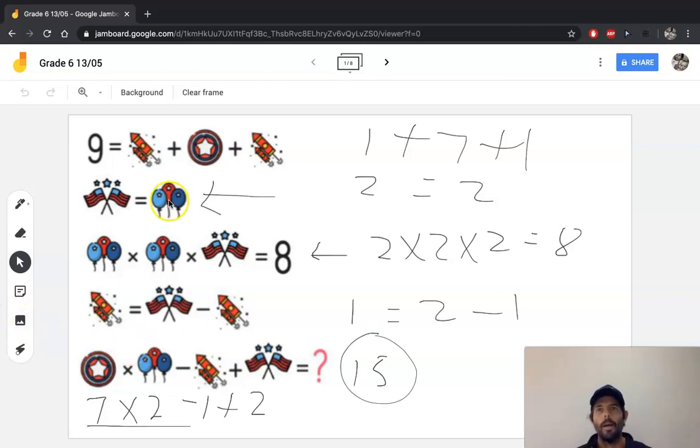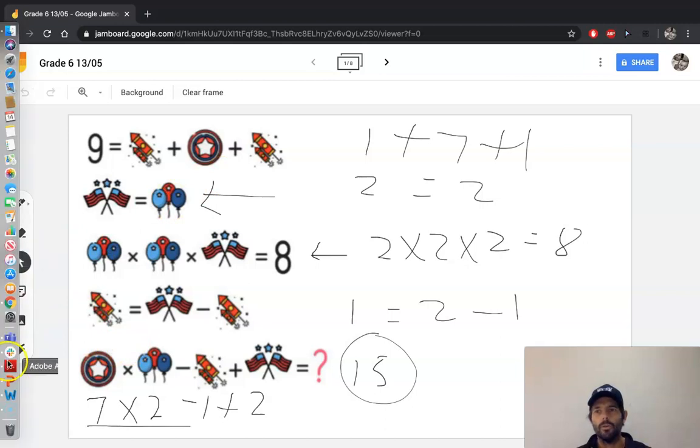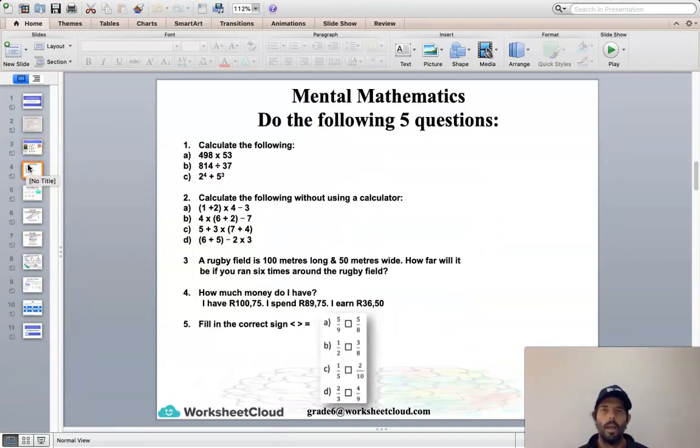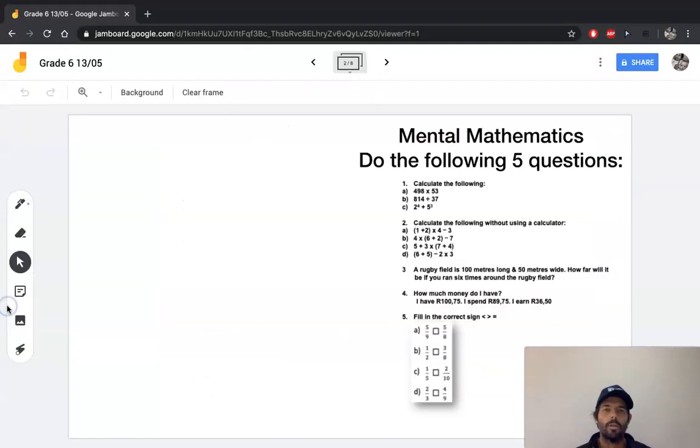Okay. Then we get into some mental maths questions. And I encourage you guys to press pause to work through those 5 questions, give them some thought, check your answers really carefully, and let's see how you guys get on. Right, so there are your questions on the screen. So 1A, a long multiplication question,